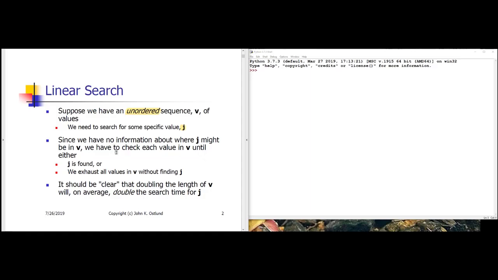Now, because we don't know anything about the relative ordering of these values, what we're going to have to do is to check each value in the sequence v until one of two things happens. Either we discover a value in v that is a match for j, and in our case we're simply going to return true then, indicating that the value j does exist within the sequence v. Or if we run out of all of the possible values in v and we haven't found j, we'll return false. This business of checking each value in the sequence, one value at a time, gives us what's called a